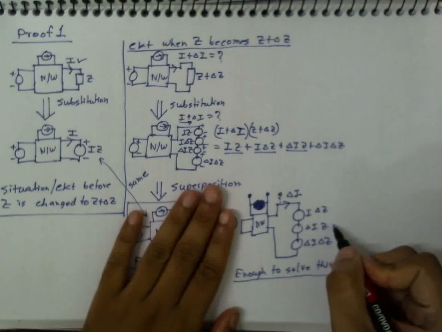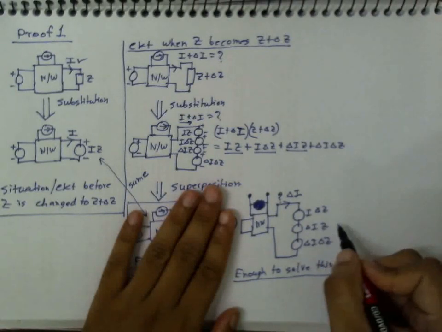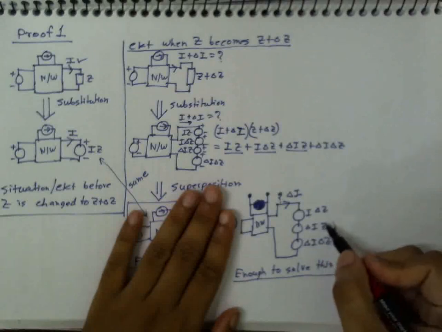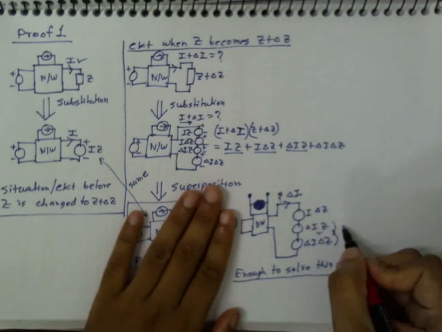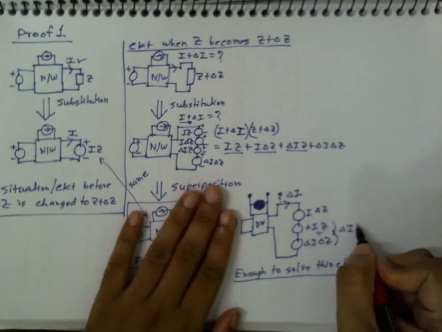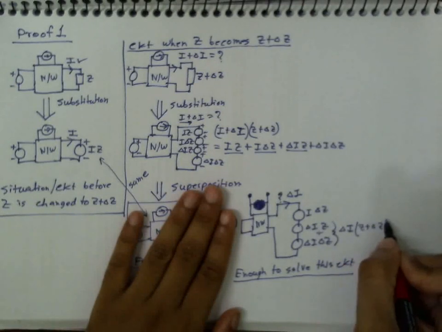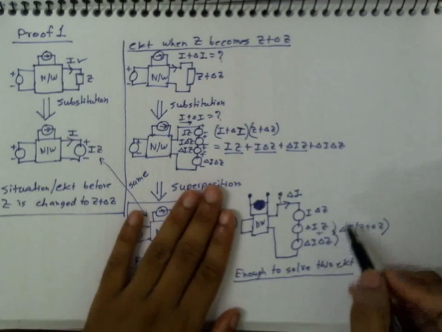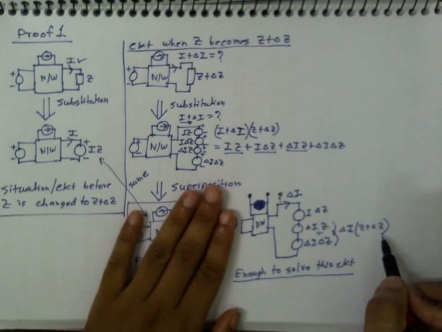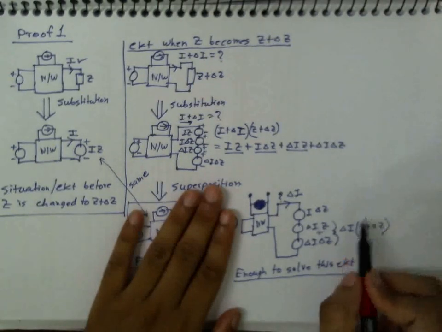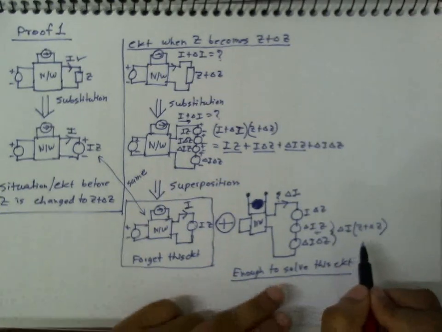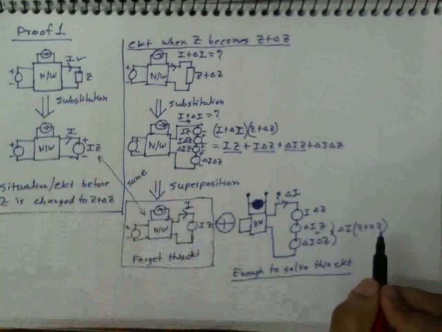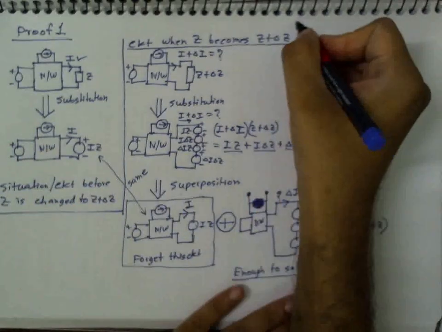Let me group these two together. So these two into a common voltage source. So this plus this is equal to delta I times Z plus delta Z, right? If I just take the sum of these two, this is delta I times Z plus delta Z. Okay. So now I will apply kind of backward substitution theorem or back substitution theorem, whatever you call,